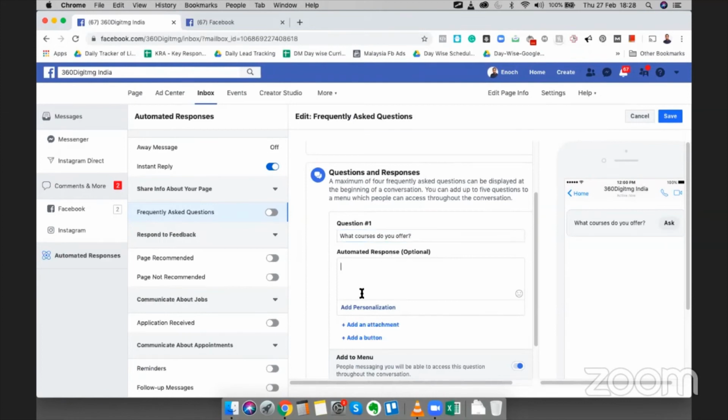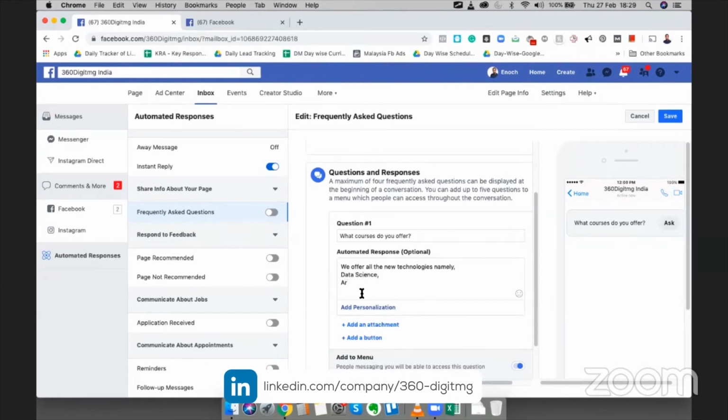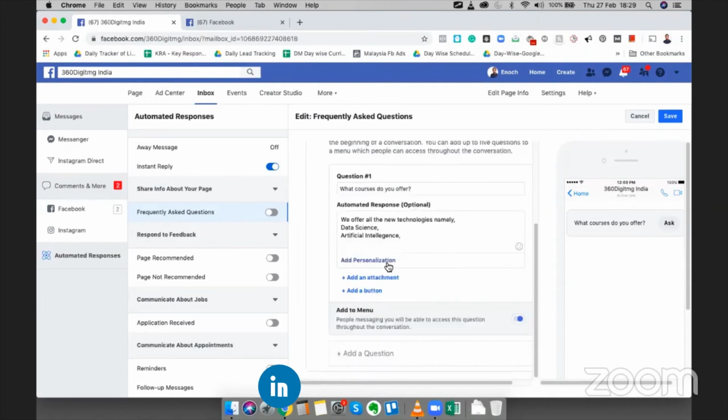I can say, we offer all the new technologies, namely data science, artificial intelligence. Let me remove the commas.